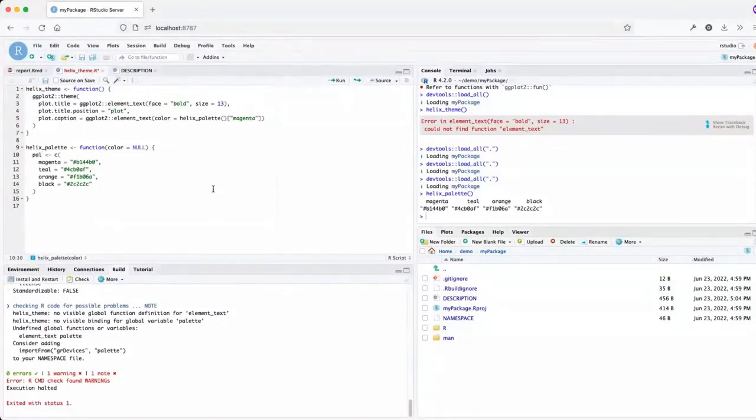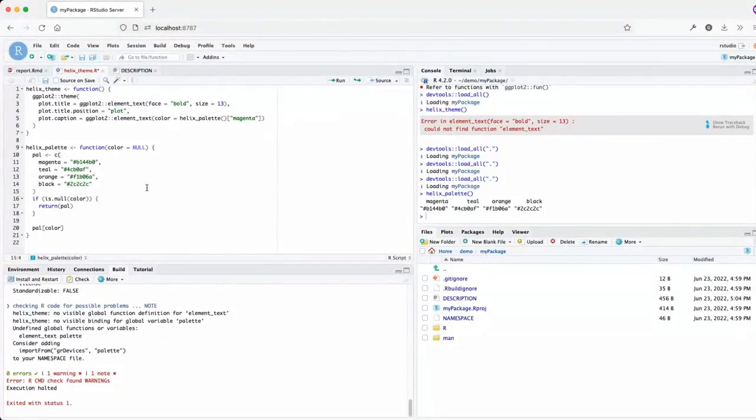So I'm going to store the palette in a variable, and then I'll check if color is NULL. If it is, we can return the palette directly, and otherwise we can return the color. And we'll just hope that people give the right color name for now.